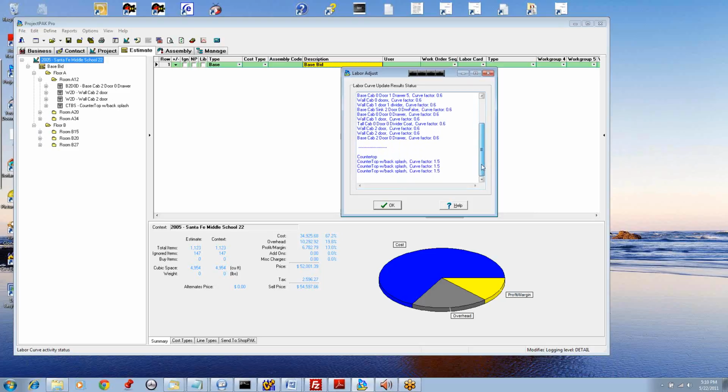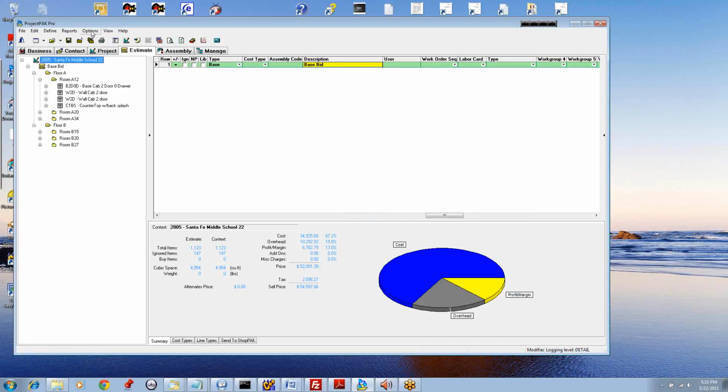And if I go down here a little bit further, yeah, and I also have countertop in this estimate. This is different. So actually my countertop quantity was less than my typical countertop run, and I can see that it's using a factor of 1.5. It's increasing the hours. Okay, so I'm assuming that my hours went down because I probably have a heck of a lot more casework in here than countertop. So let's OK out of there, and let me take you back here to the estimate